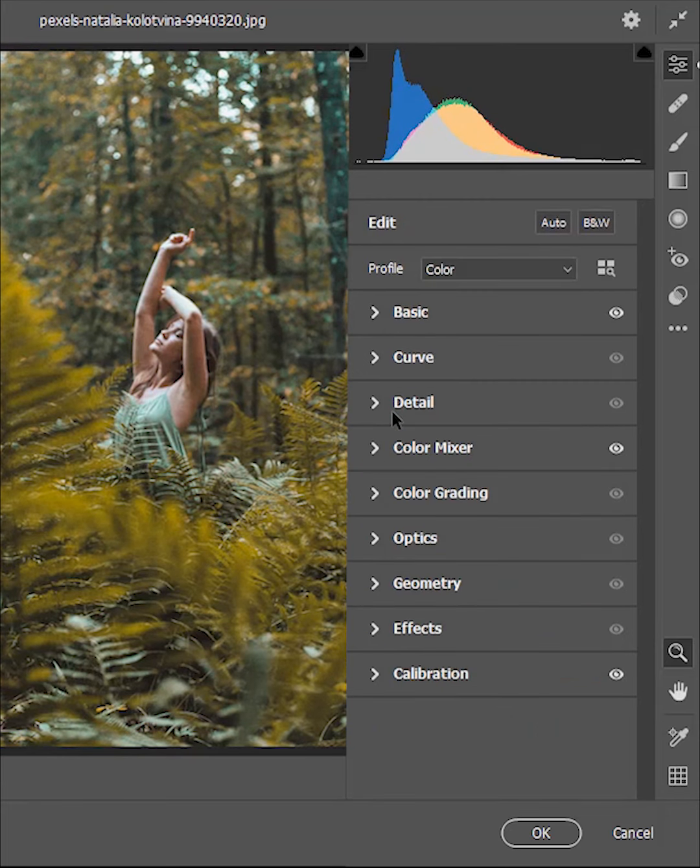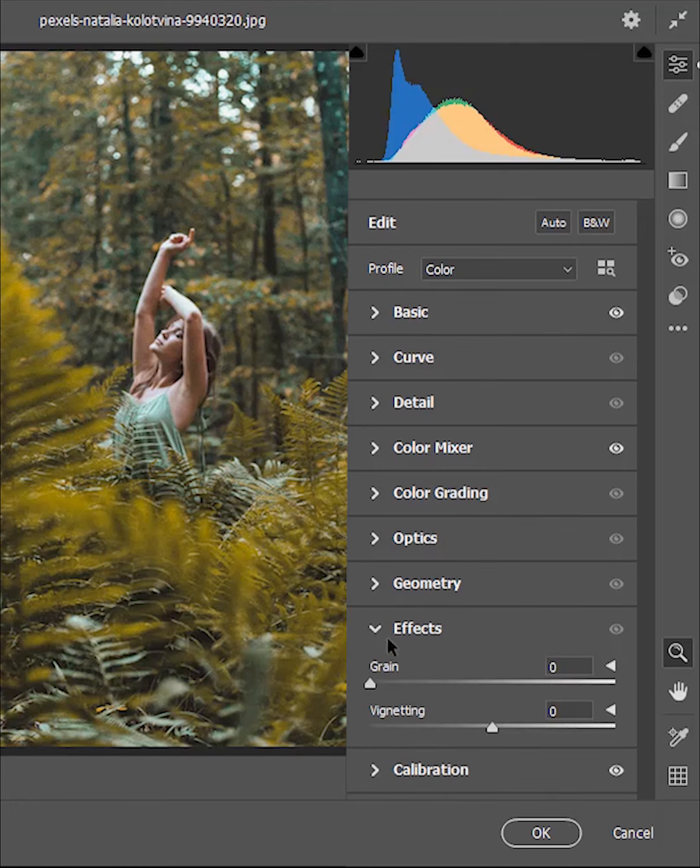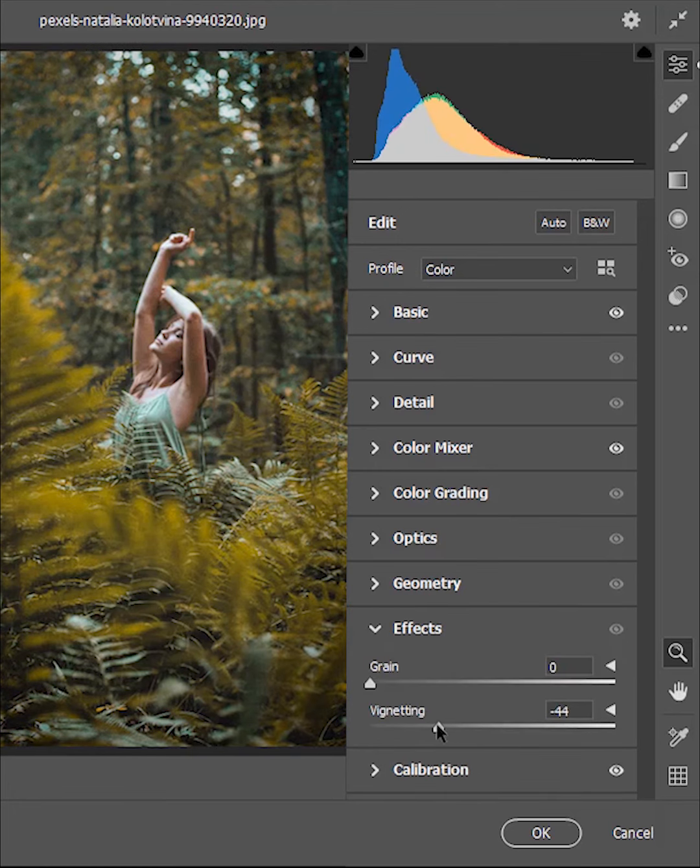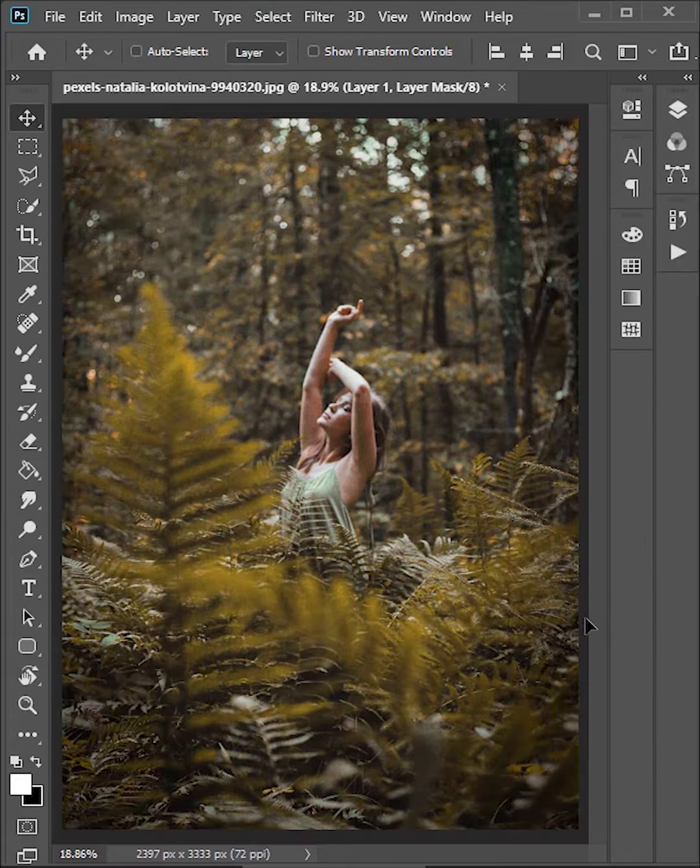Now to add the vignetting effect, open this effect section and set this value to about -50. Hit OK. And now you know